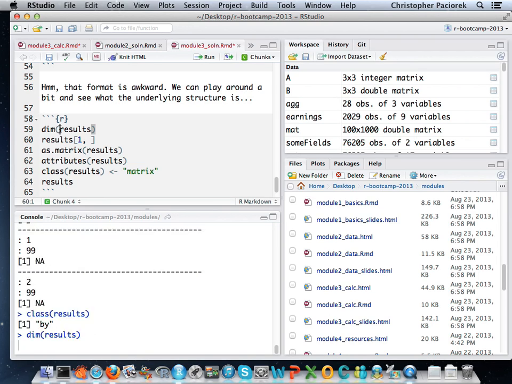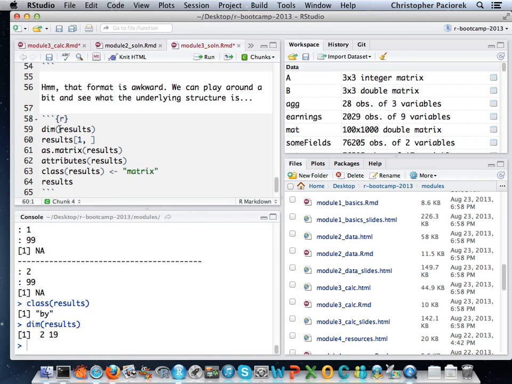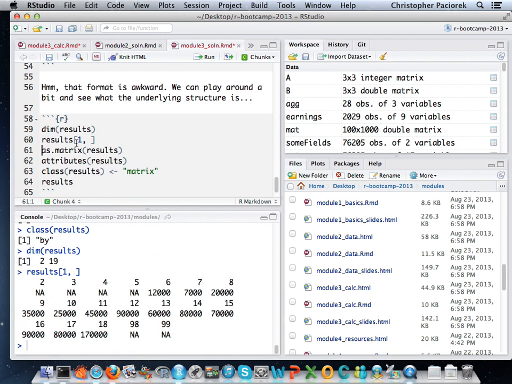In this case I said, well, what's the dimension of results? Okay, it looks like it's in the form of something that looks like a matrix. It's a 2 by 19 dimensional thing. It's got all of this additional attribute information that we saw here. But if I do results of the first row, it does give it back to me in something that looks like it's giving me the results presumably for the first of the two categories of sex.